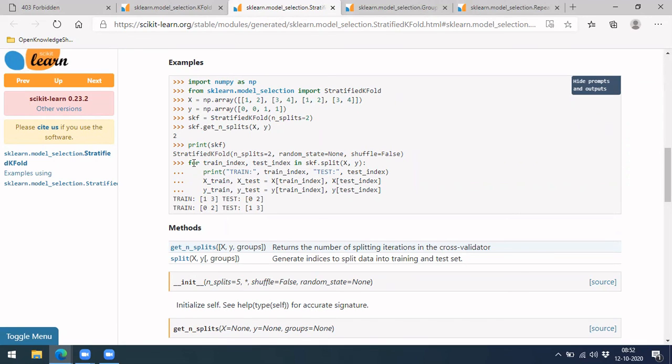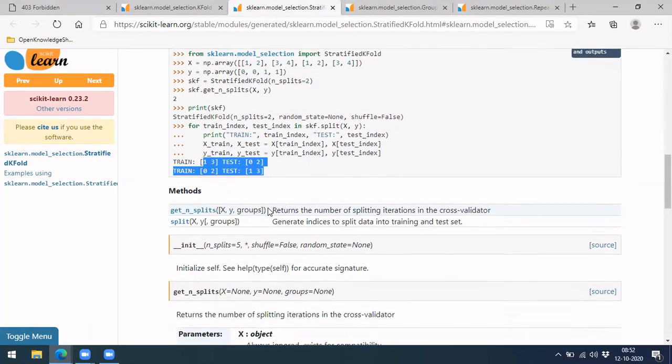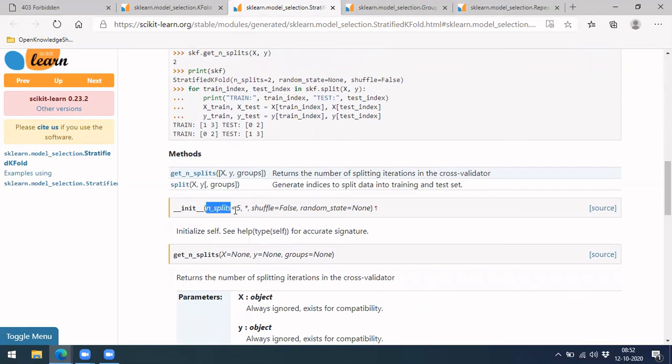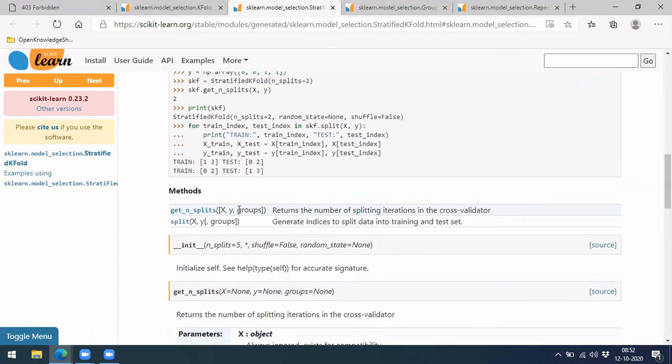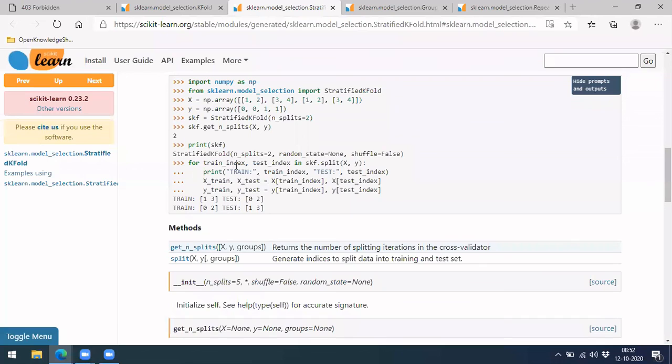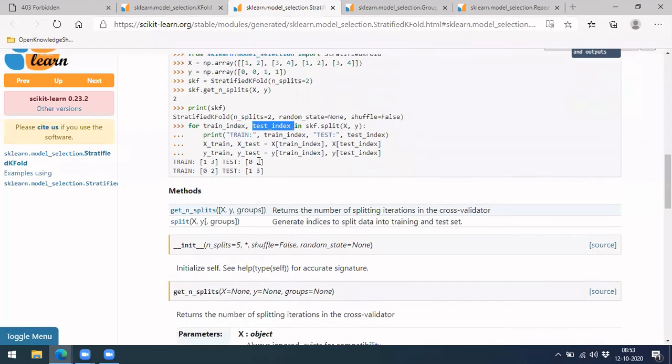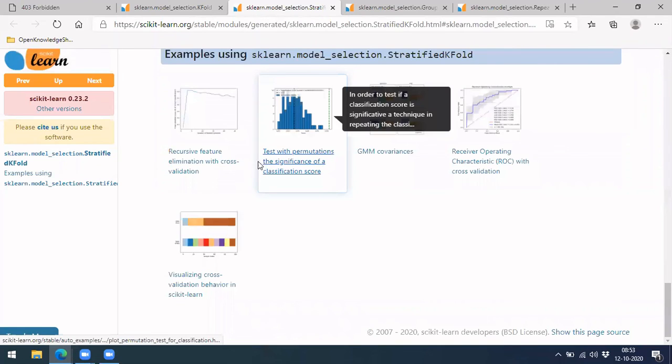And if you see this implementation, skf.split(X, y), where X and y are our input and the target variable. It has been configured for two splits, so it will run for two iterations. You can give five splits instead. Our example is actually for five splits, which we discussed earlier. So this loop will run five times, with the splits being train and test, one at a time. Okay, so this is about the implementation part.